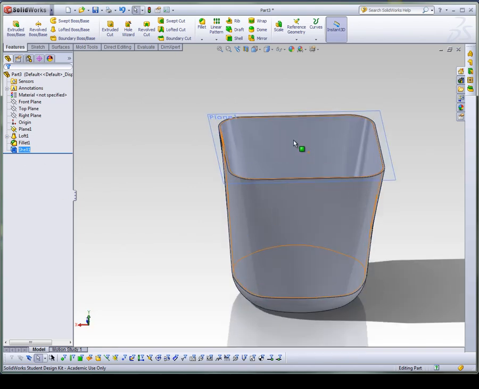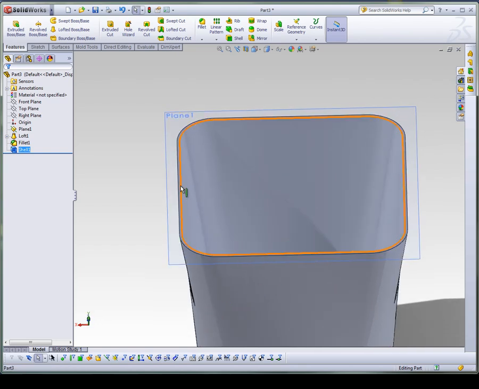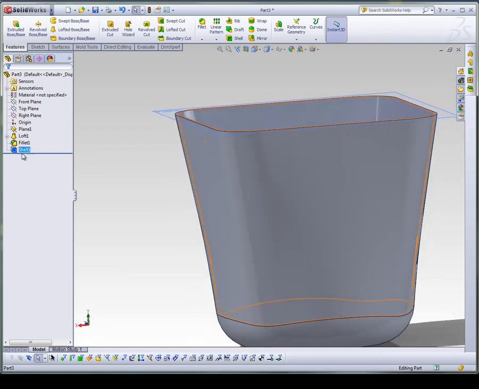Okay, so the lip feature is going to be swept around, and we have an edge here which we can use to drive that form about. So all we need to do is create the profile, which will be the lip, and we can do that on either the front plane or the right plane. I'm going to choose the front plane,